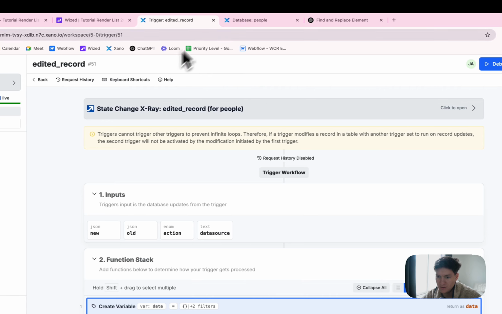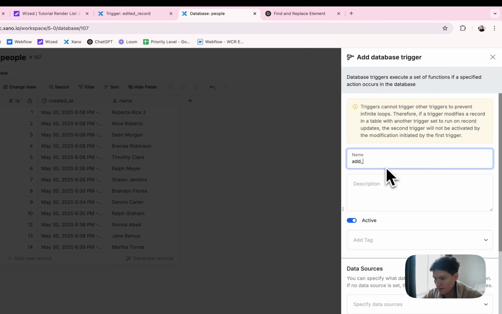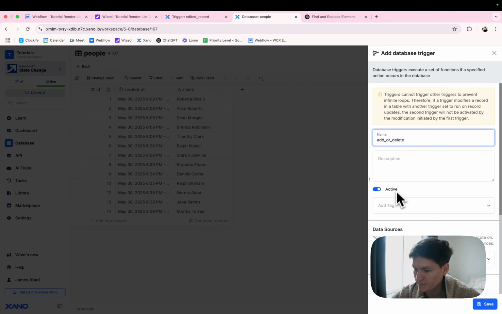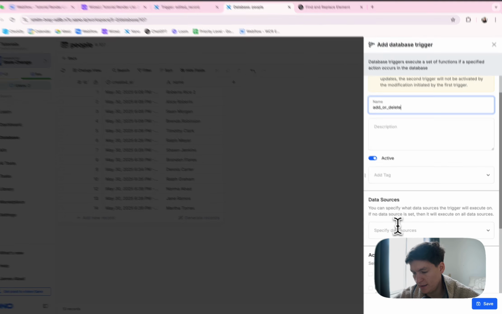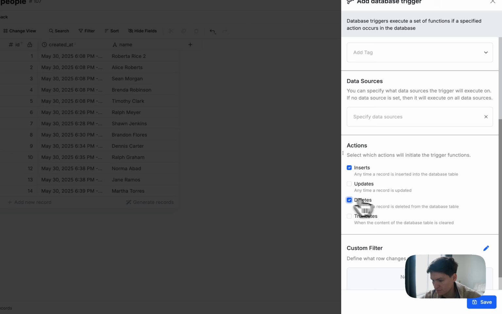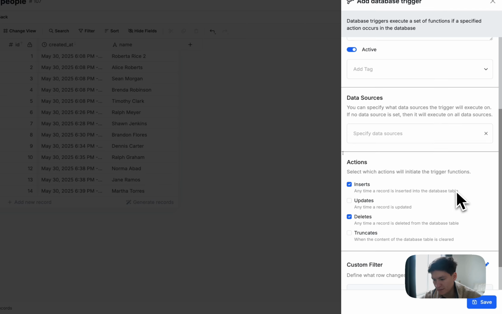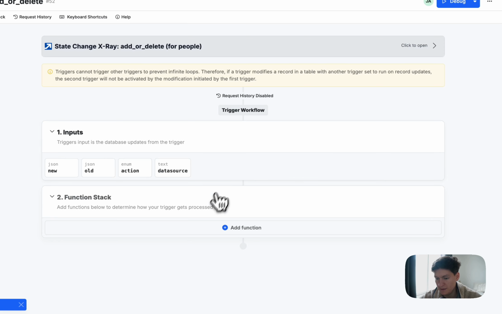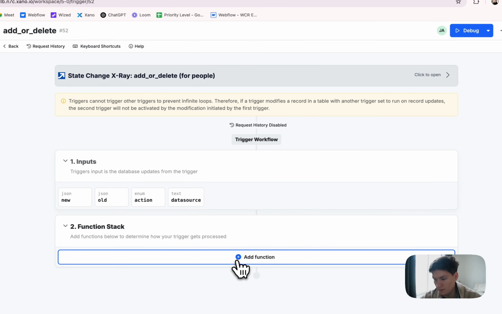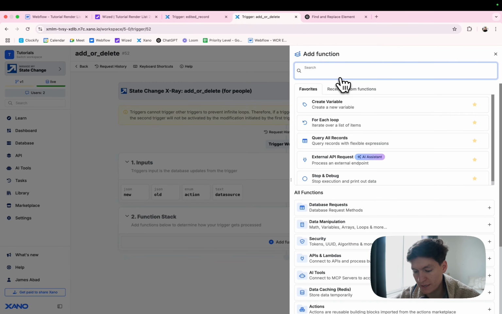Let's do that. So here in our table, let's create a new trigger. Let's add a new trigger, add or delete, for example. And then this will be on inserts or deletes, or truncates even. Yeah, we don't need this event really, but either way, if you want to have it, it will still work. So let's save that. And now the cool thing is going to be this. The only thing that we need to pass in this event is